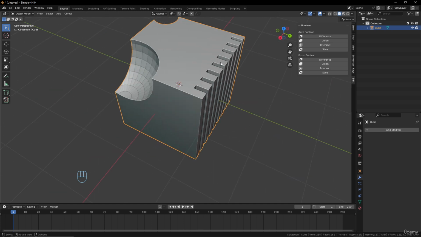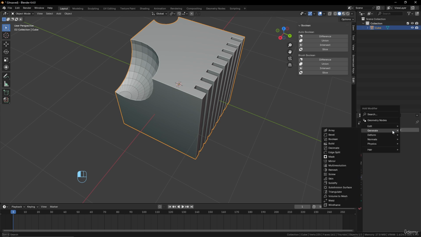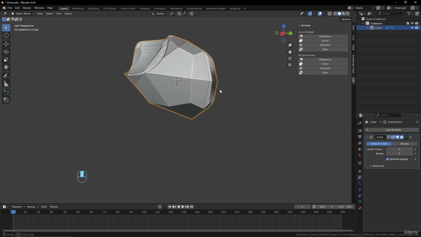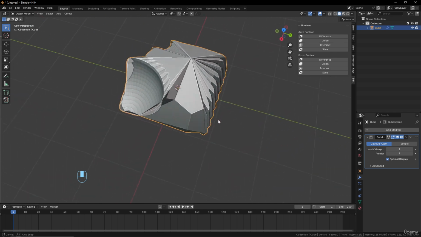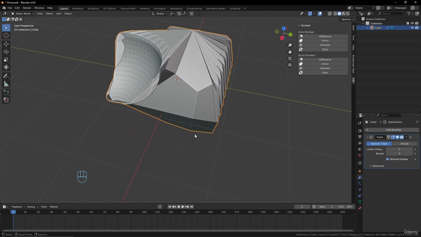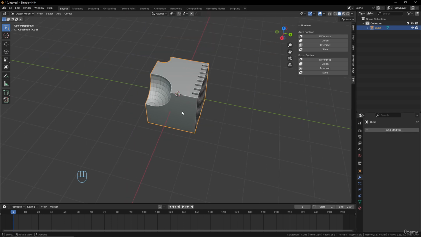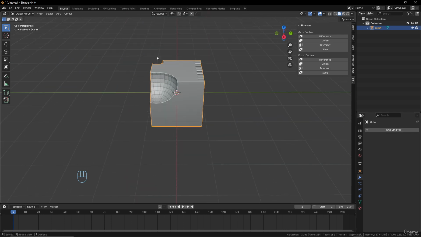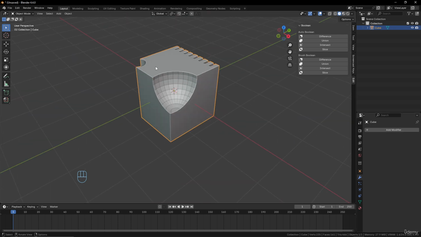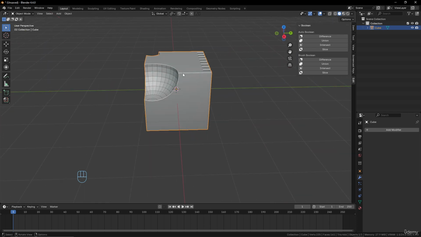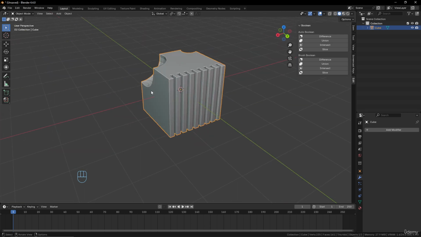Like for example here with these objects, I cannot add a Subdivision Surface modifier. It will create a strange shape, very impossible to manage, okay? So if you want to use this kind of modifier after, you cannot with this shape because it has too many triangles everywhere and too much strange topology there. So it's a kind of limitation,